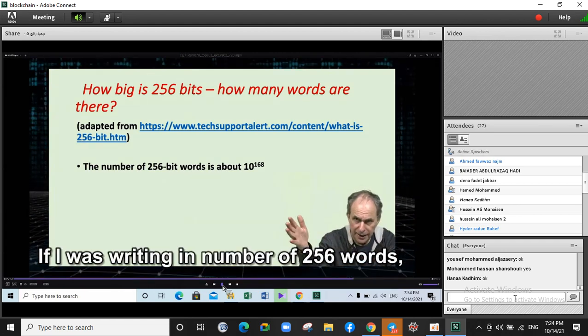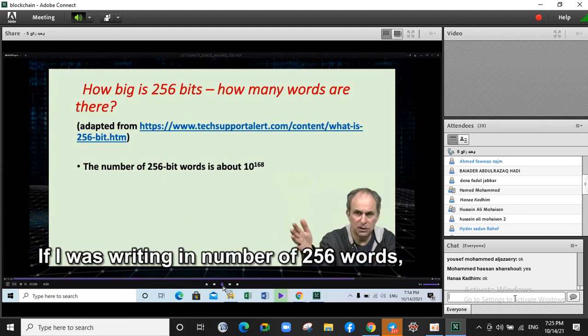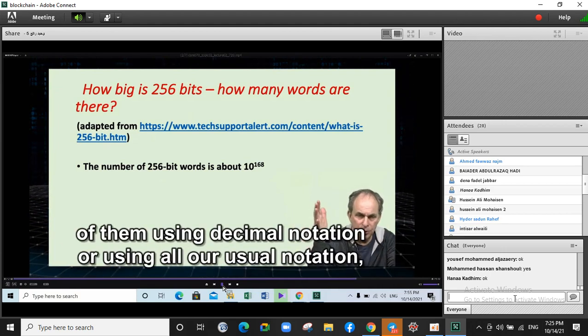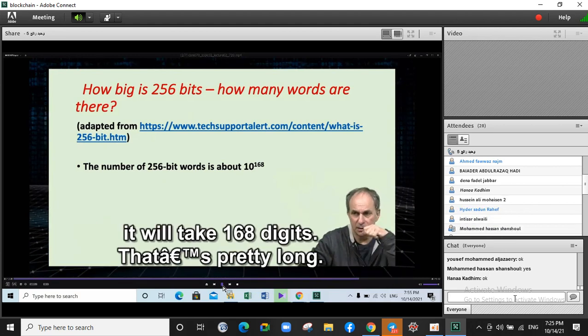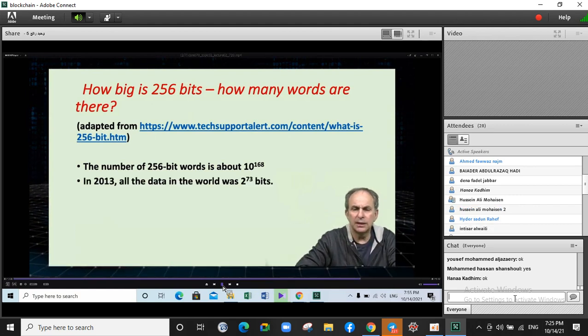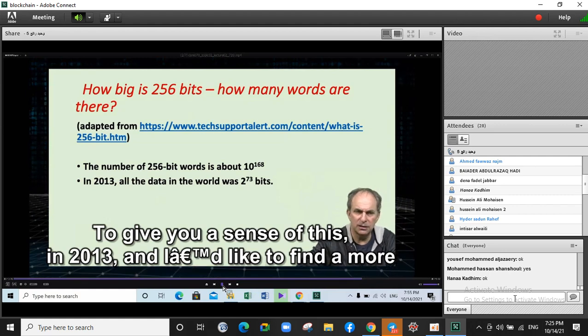So if I was writing the number of 256-bit words, not one of these words, but the number of them, using decimal notation, it would take 168 digits. So that's pretty long. Okay, to give you a sense of this,